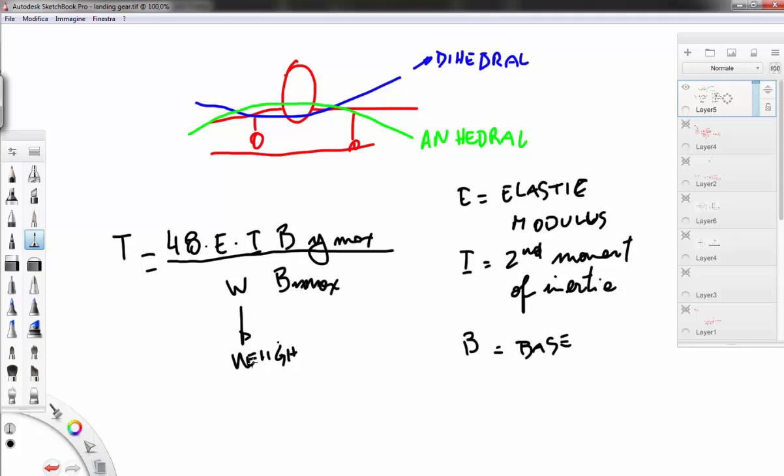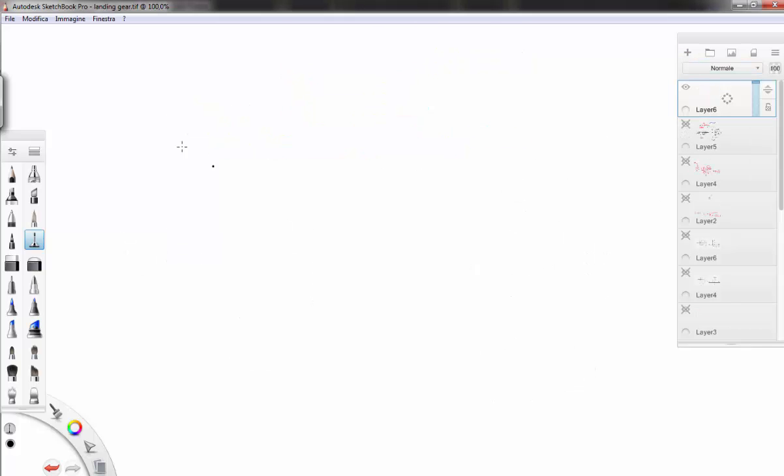This value is Y max, the maximum allowable deflection. Max deflection,